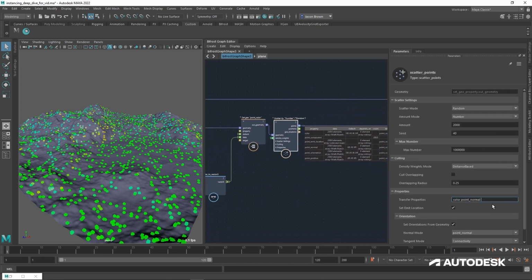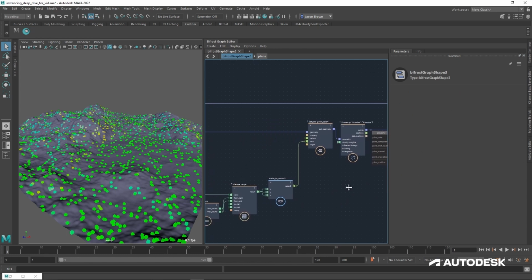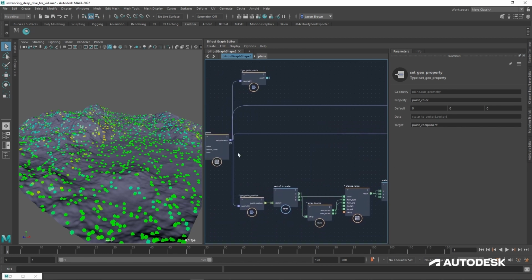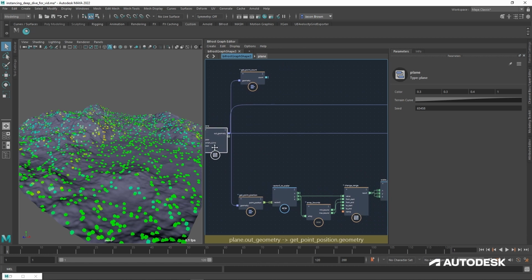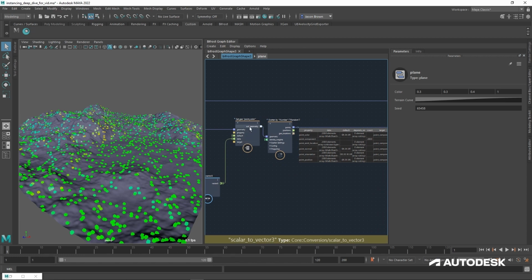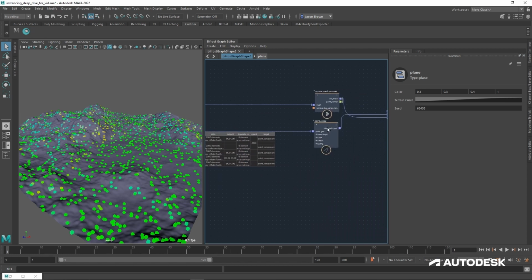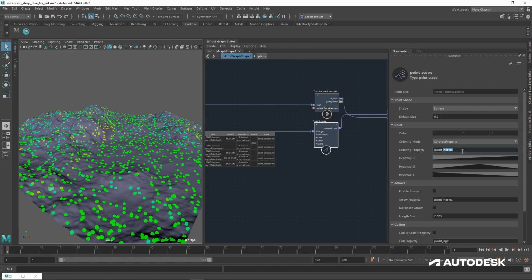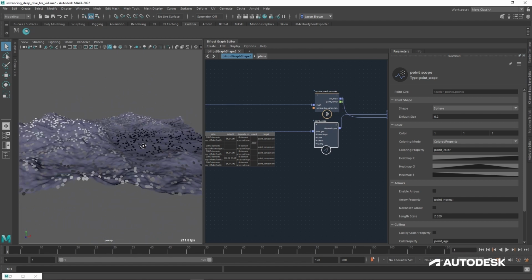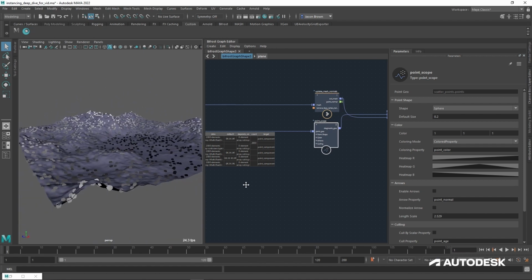First thing I need to do is transfer the point color to the points. We did that before and they came out grey. But they won't come out grey this time, because what we're doing here is setting that point color to whatever comes out of here before it goes into the scatter. Because it's before it goes into the scatter, I'm setting the point color of the plane rather than the points, and then I'm passing that attribute and transferring it to the points. So now if we go back to our point scope and change point normal to point color, you've suddenly got a black and white version that's reflecting the height, which is exactly what we wanted.